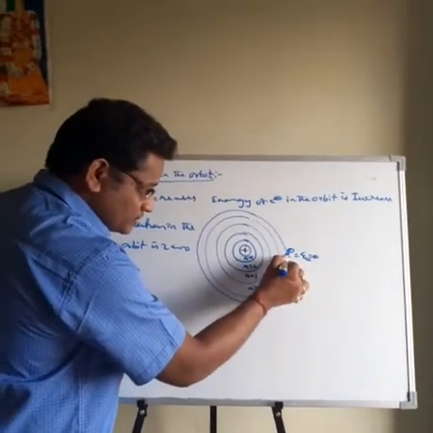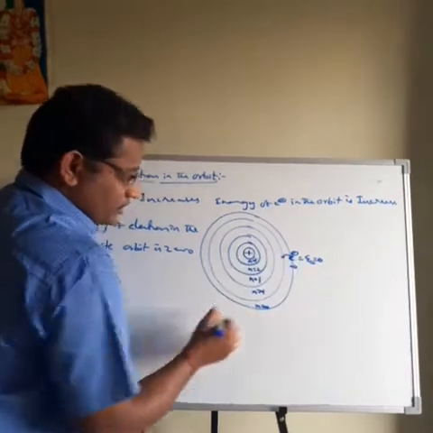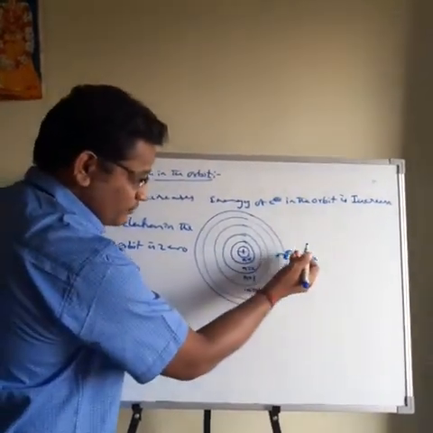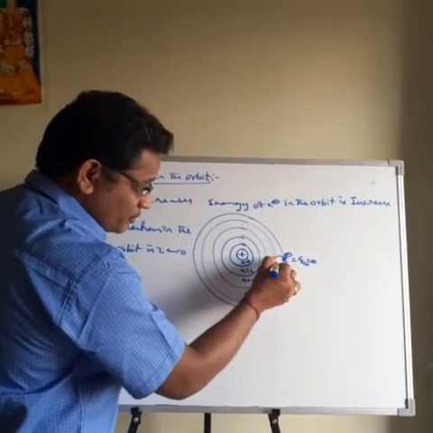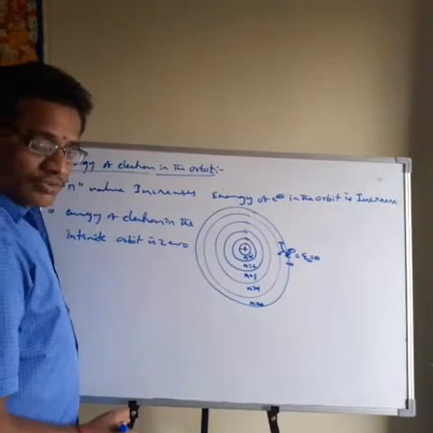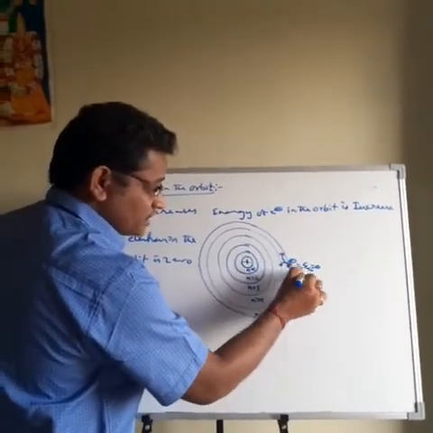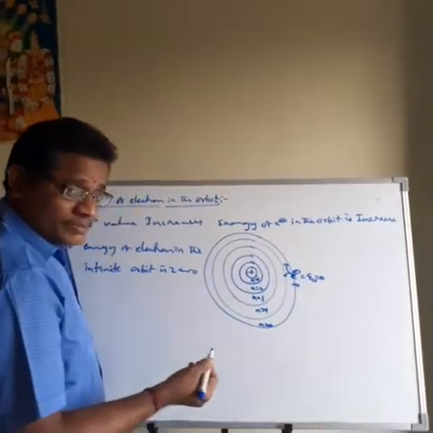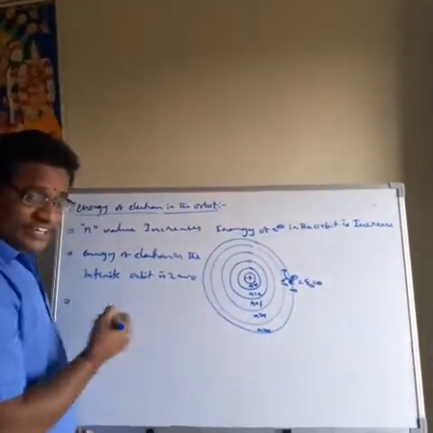Whenever the electron comes nearer to the nucleus, for example, from the infinity orbit to another orbit, the electron jumps from infinite orbit to a lower orbit. So whenever the electron jumps from a higher orbit to a lower orbit, this electron releases a certain amount of energy. So its total energy is 0. After release of a certain amount of energy, what happened to the energy of the electron? It decreases now. So from 0 to negative will come because of the energy decrease.